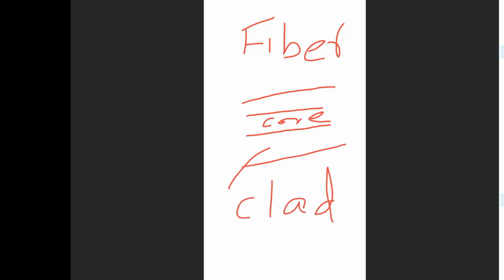Now what happens? The core is generally of silicon material when it started, and then the clad is of the material SiO2, silicon dioxide. The material properties of the core and the clad are very near with respect to the refractive index. Refractive index is a number which signifies the ratio of the velocity of the wave which is propagating in the core. Okay, so this is a unitless number.